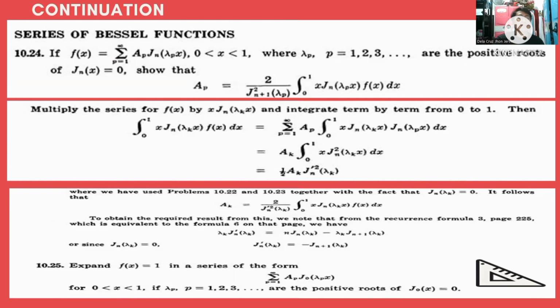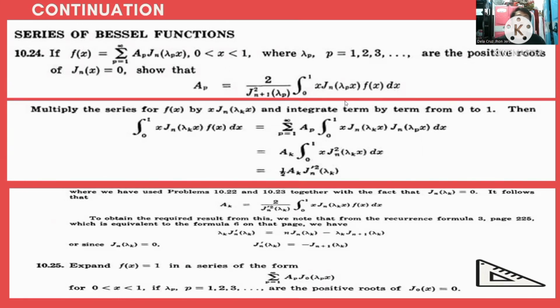If f(x) = summation of p equals 1 to infinity a_p J_n(lambda_p x), for 0 < x < 1, where lambda_p, p = 1, 2, 3, etc., are the positive roots of J_n(x) = 0, show that a_p = 2 over